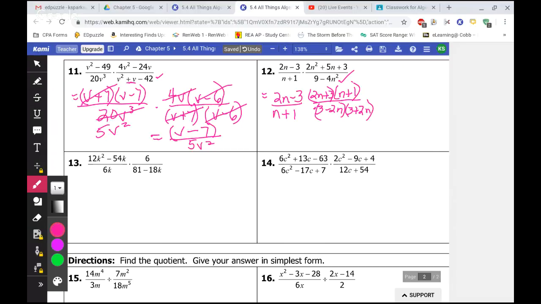Okay, so we have 2 of those, actually. We've got 2n minus 3 and a 3 minus 2n. So if we multiply by -1,